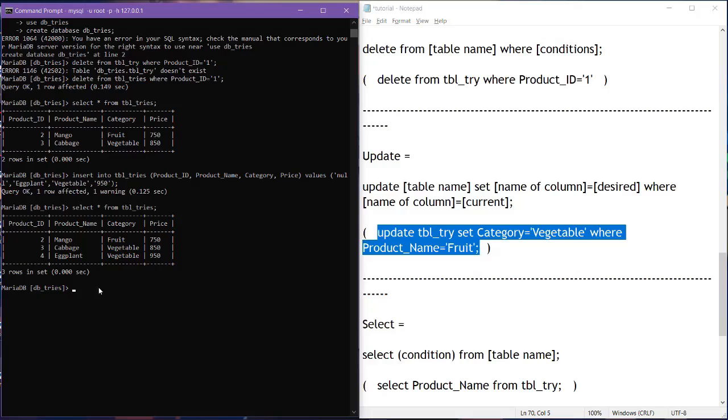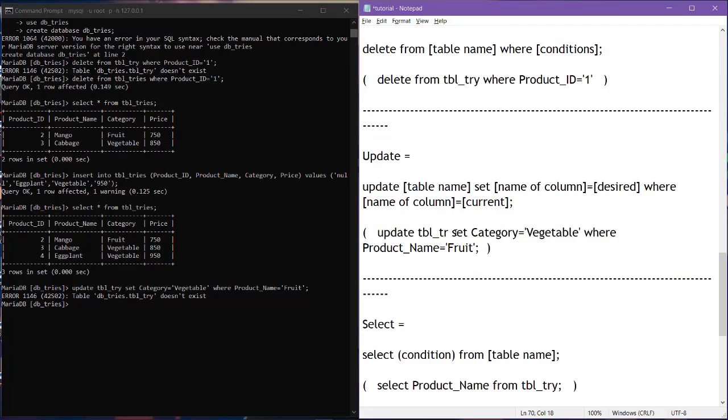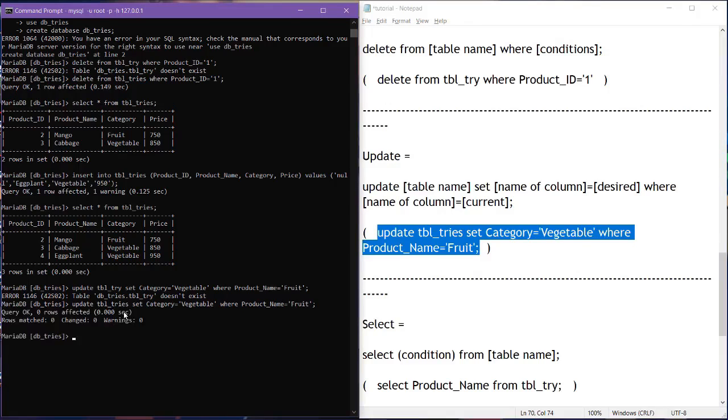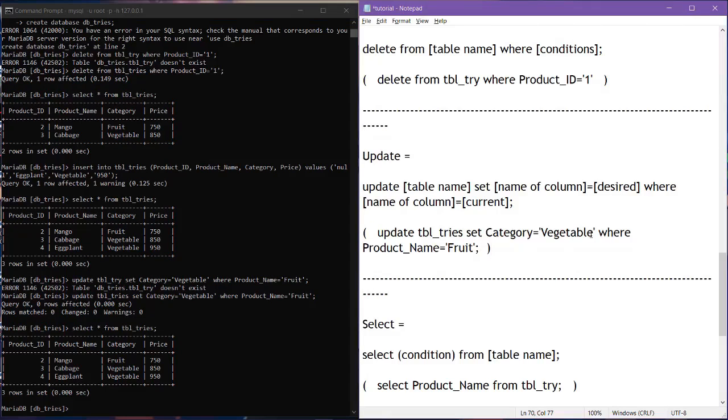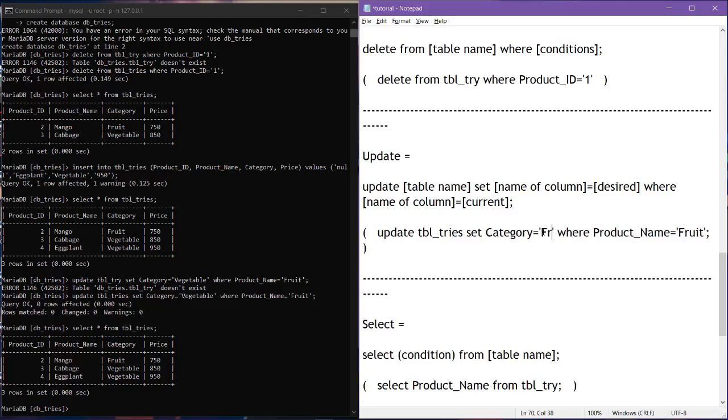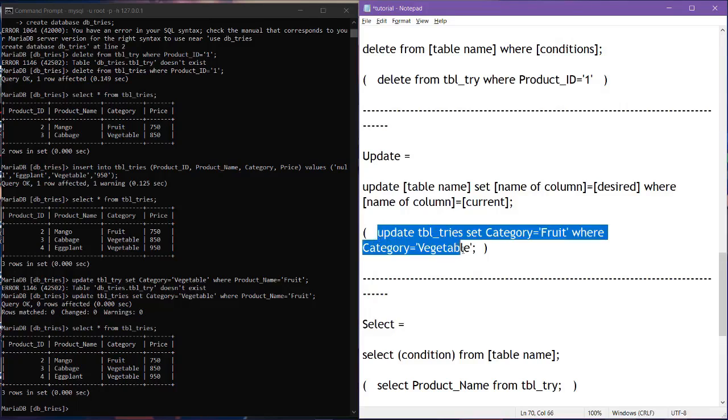So it did not change because the syntax is wrong. So I'll see. Let's try it again. This time fruit, then the other one is vegetable. And as you can see here, copy this, enter here. So it changed, okay?